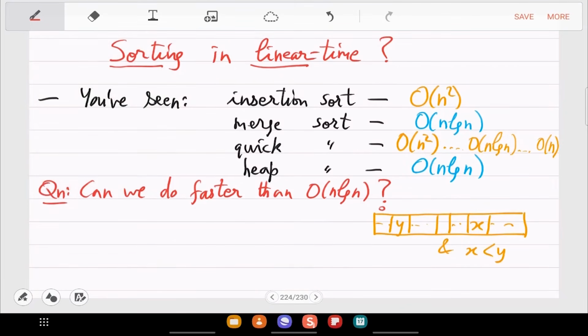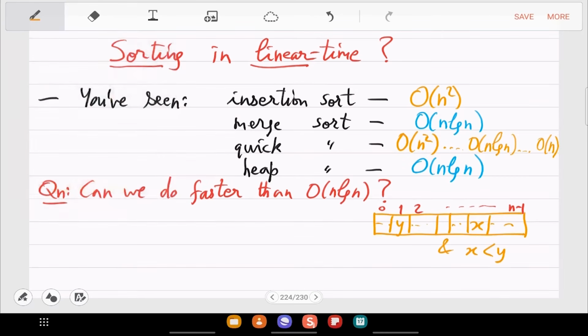And this is your array going in that direction. So when you want to sort in ascending order, x and y have to be flipped. So if you think in terms of pairs, how many pairs are there that need to be flipped? By that count, you will get n log n as a lower bound. You cannot do better than n log n.